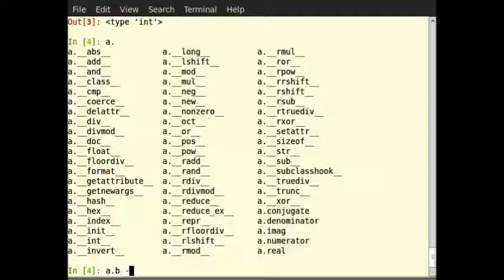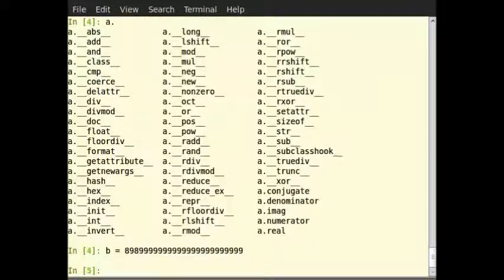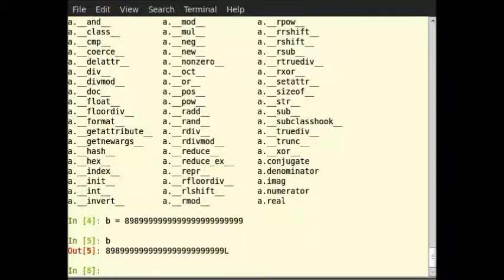Type b is equal to a number made of nines. Then type b, so you can see the output. As you can see, even when we put a value of 9 repeated 20 times, Python did not complain. This is because Python's int data type can hold integers of any size.